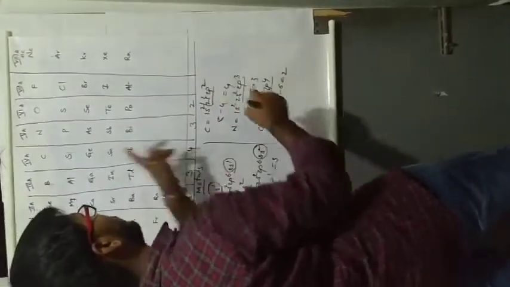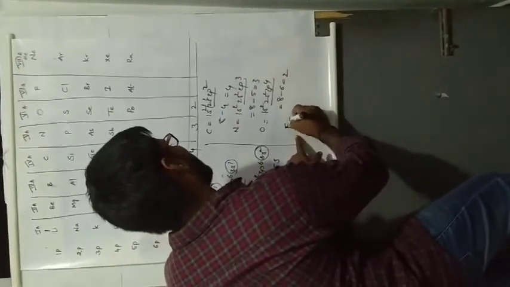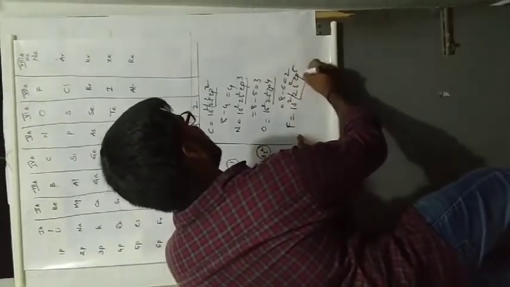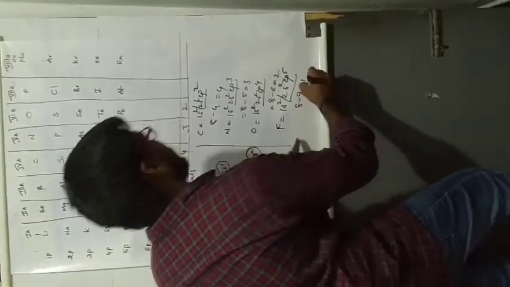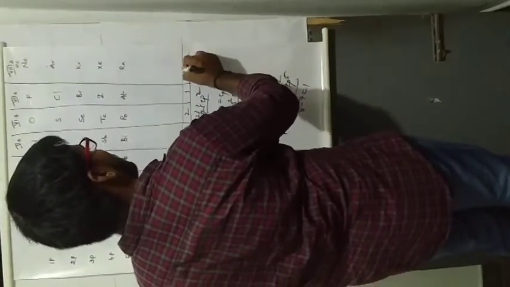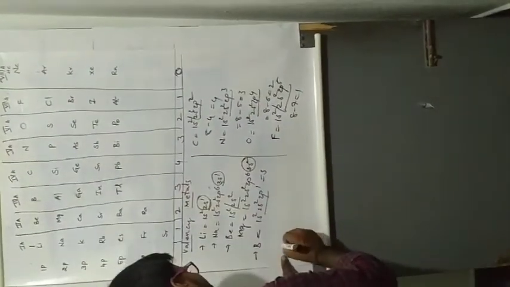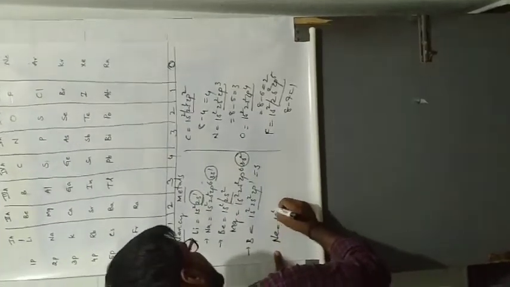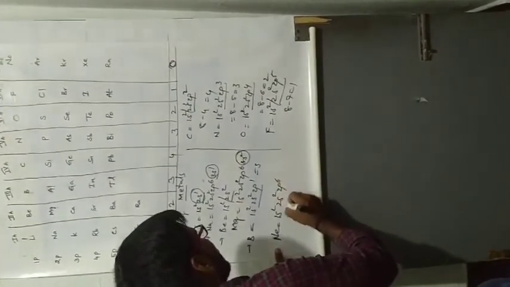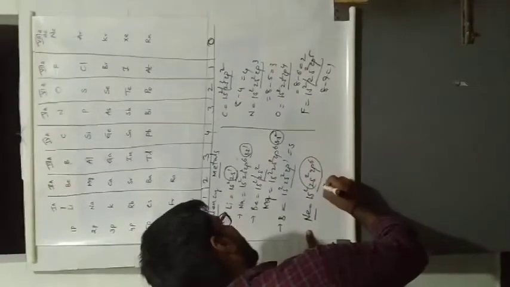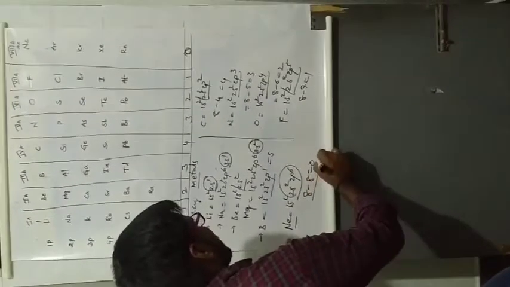Before we discuss valency of fluorine, seventh group element. So fluorine electronic configuration 2s2, 2p5. So 7 outermost electrons. 8 minus 7 equal to 1. So 1. So these are 0. Why 0? The outermost electrons are present in neon: 1s2, 2s2, 2p6. So outermost electrons are 8. So neon is a non-metal. 8 minus 8 equal to 0. So valency of non-metals, 8th group elements, is 0.